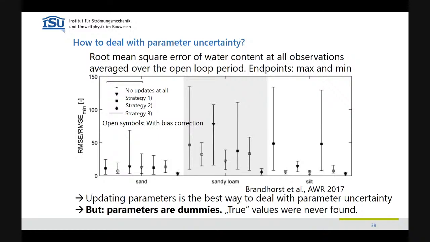And now one could be tempted to say, yeah, this goes to show that my model gets better and better and better because I'm getting closer and closer to the true parameters. But this was not the case, never. Not in a single case did we retrieve the true parameters. We were always off. But the parameters were the best or the optimal set of parameters for the situation we were in.